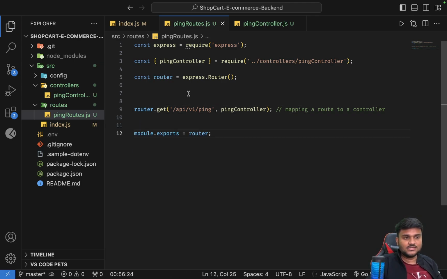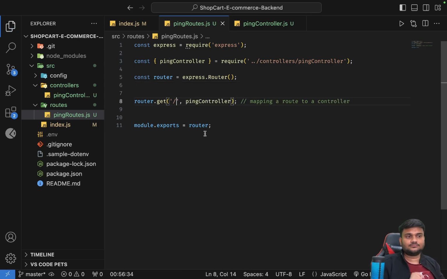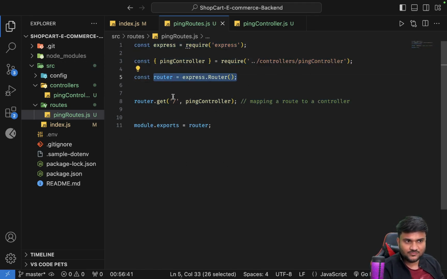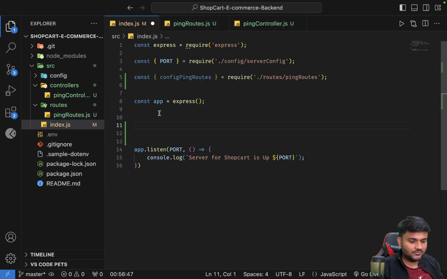Can you guys see? Same thing that they were doing for birds, I'm doing it here. Right? And let's say I will make this URL as slash. So you can see this looks like the birds router, right? That we have the router object. We say router.get on a slash should be called to ping controller. And now inside my server file, we will say